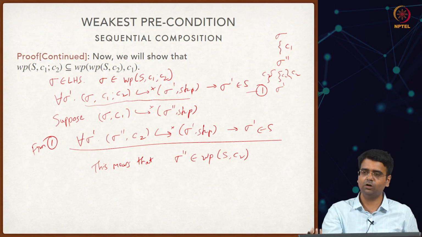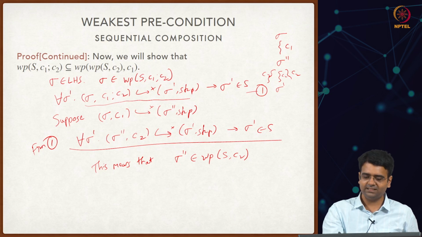So I will never go outside S. This is exactly the definition of WP S comma C2. WP S comma C2 would mean that on executing C2 on sigma double prime, on every execution you must be guaranteed to be in a state in S, which is indeed the case. So that's exactly what we have shown. Okay. So since sigma double prime is in WP S comma C2,